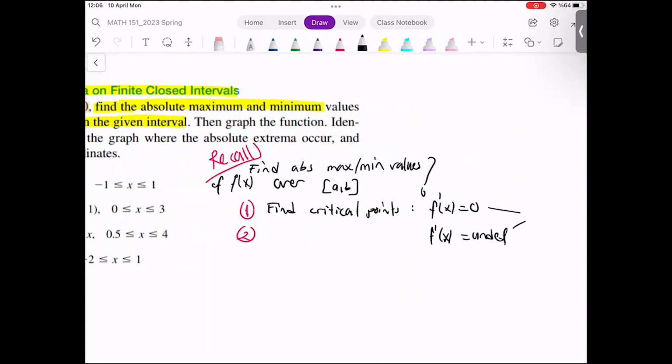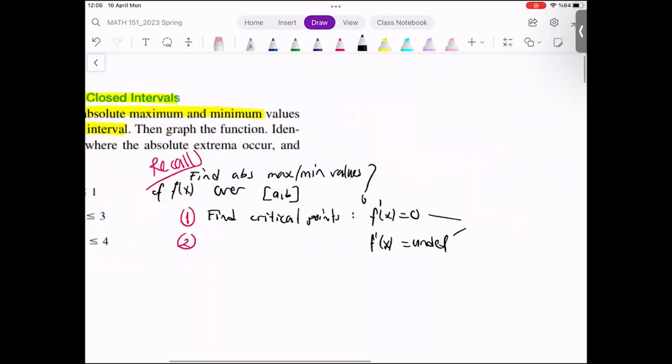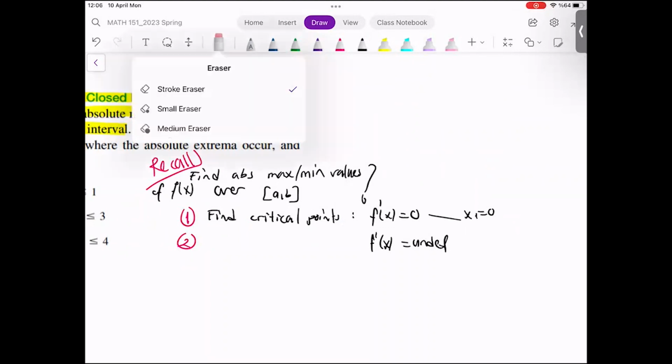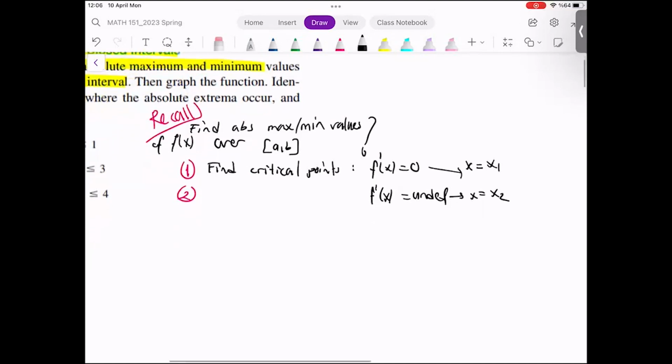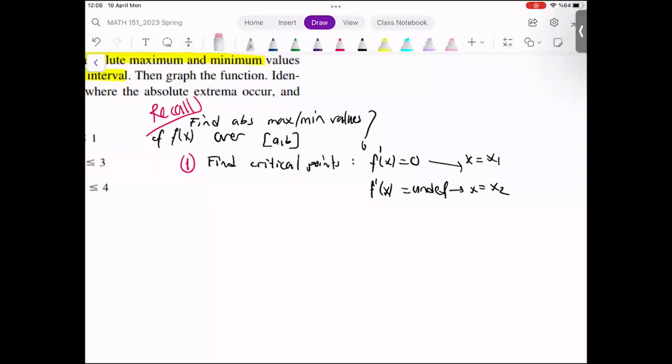From these two, we will solve for some points. Let's say x equals x1 makes the first derivative 0, and let's say x equals x2 is coming from the undefined part. After finding all those critical points,